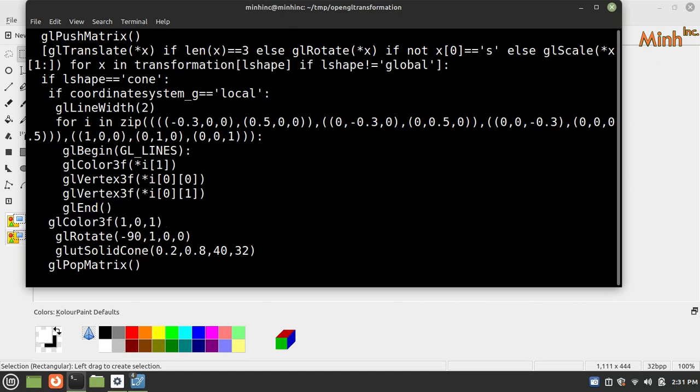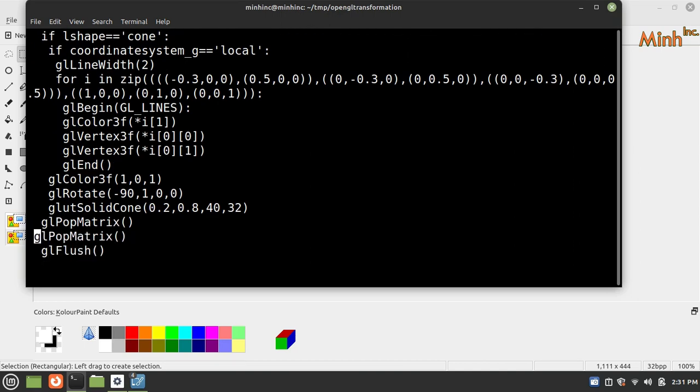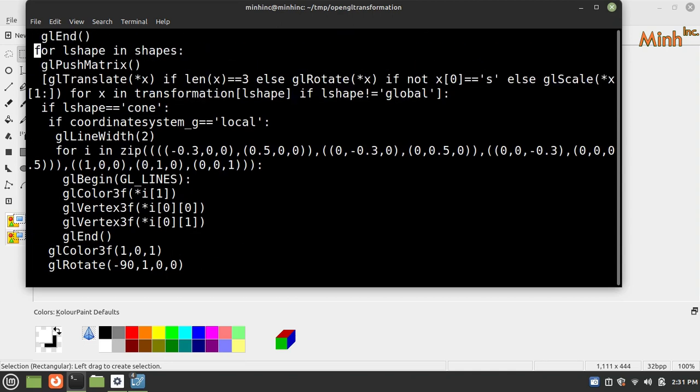Okay, now rotate and we draw the cone. Once we are done, then we can pop the matrix. So if shape equal to cone, okay, so if our shape is cone,